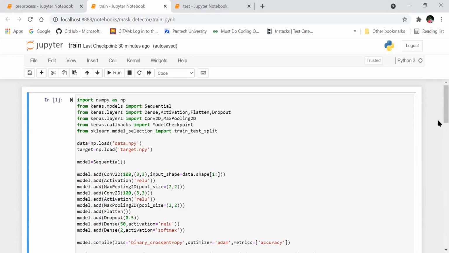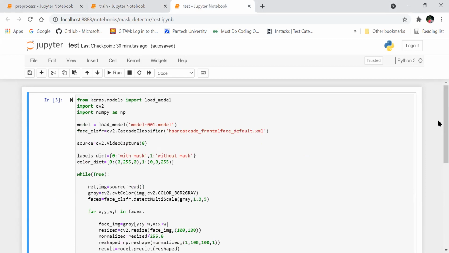And the last phase, last but not least, the most important part of a machine learning algorithm is to test the model, whether it's working. Here for testing face mask detection, I have created a model as shown before. As and when we want to detect a mask on a face, first we need to detect our face in an image or in a video or anything live.